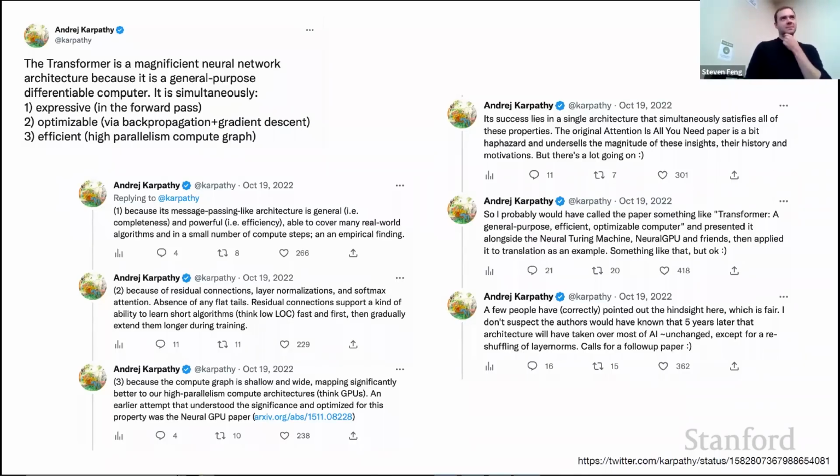Yeah, so I think there's a bit of that. I would say RNNs, in principle, yes, they can implement arbitrary programs. I think it's kind of a useless statement to some extent, because they're expressive in the sense of power, in that they can implement arbitrary functions, but they're not optimizable, and they're certainly not efficient because they are serial computing devices. If you look at it as a compute graph, RNNs are a very long, thin compute graph.